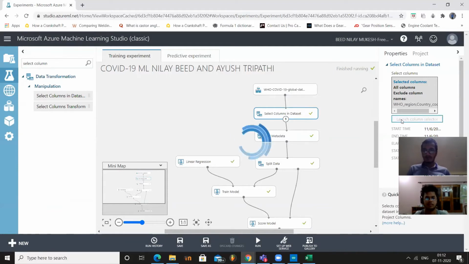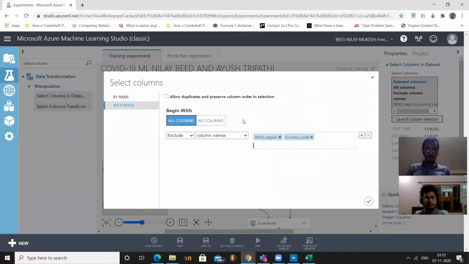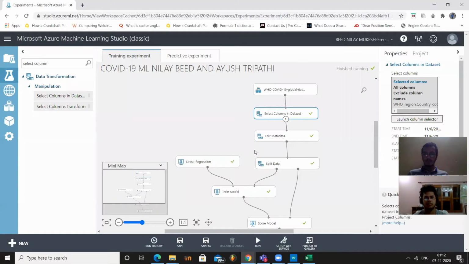After that you need to go to launch column selector and go to with rules, begin with all columns, exclude. Here we do not need the WHO region and the country code, as it does not affect our model prediction, as we already have the country name. So these two can be removed. So we have selected these two.